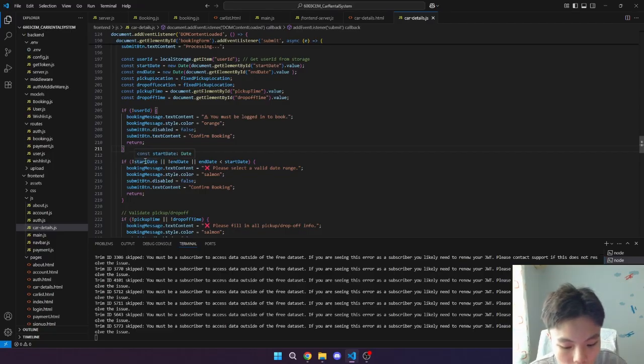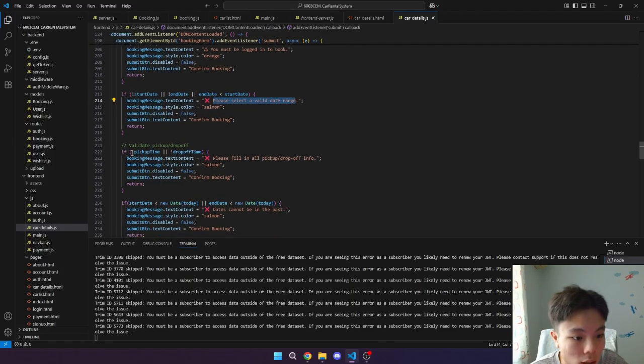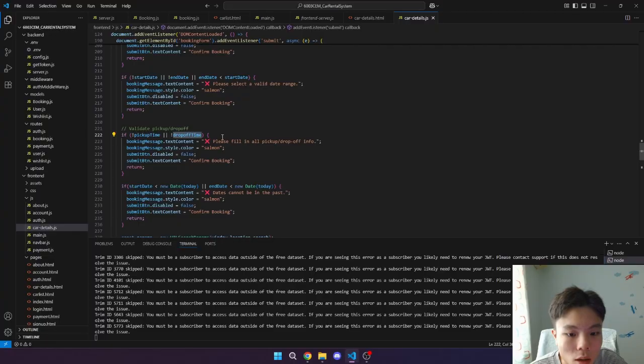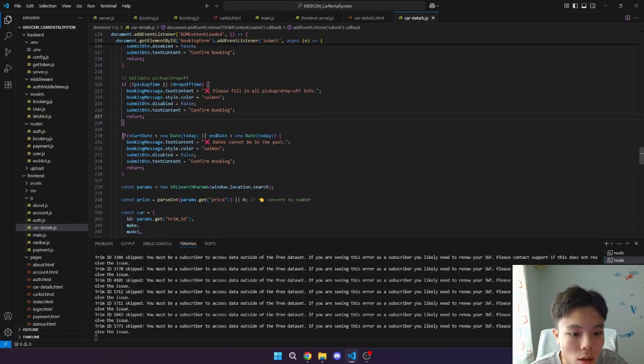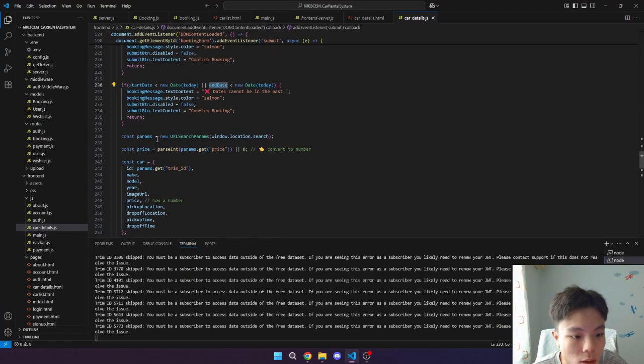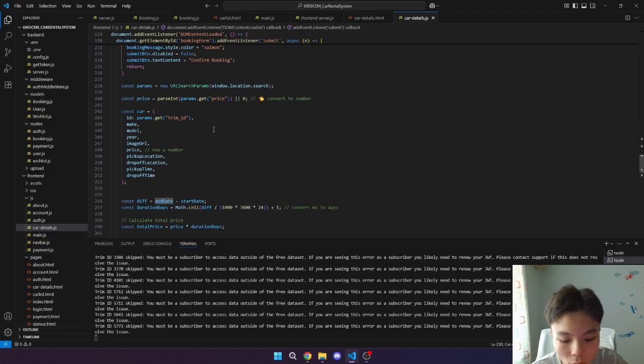After that, if the user is logged in, it will validate the selected date range. And then after that, it will check whether the pickup time and drop-off time are filled. And then it will also check that the start date cannot be today, and the end date cannot be earlier than today. Then after all the checking is done,